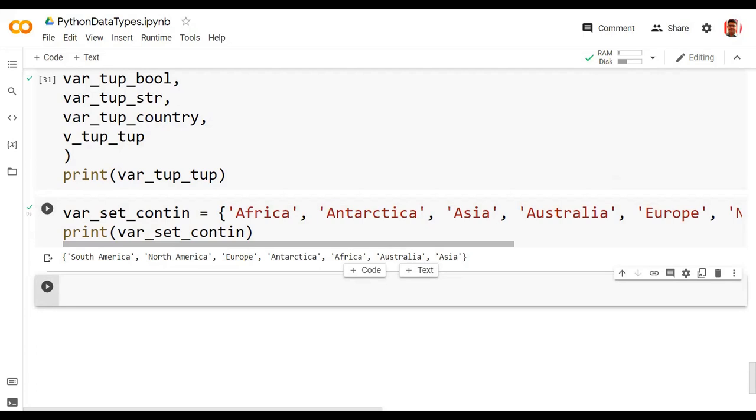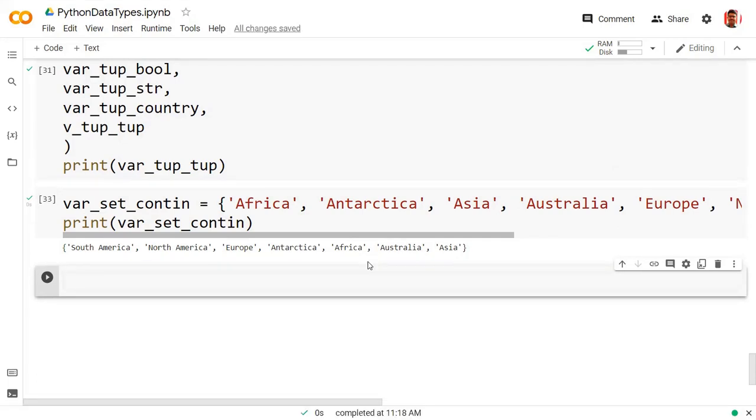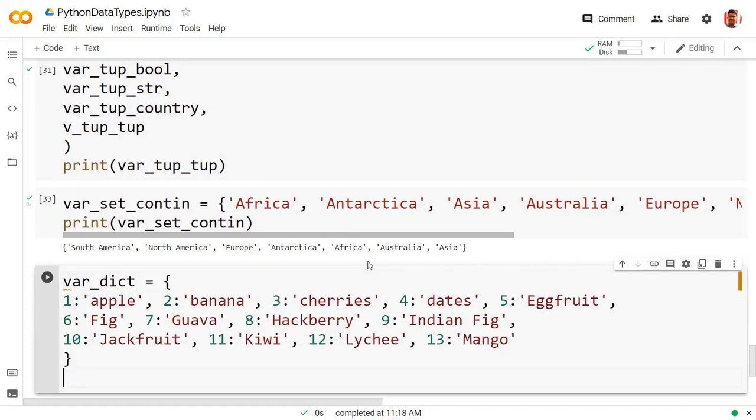Now we will take the example of a dictionary. So a dictionary is actually a collection of values, and these values are in key and value pairs. So I will create my dictionary.